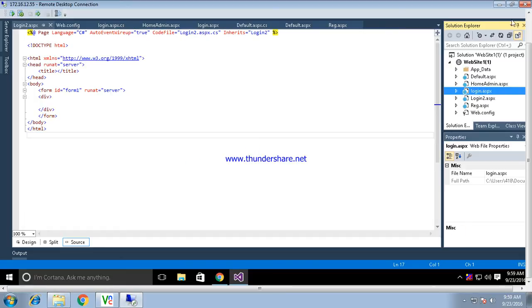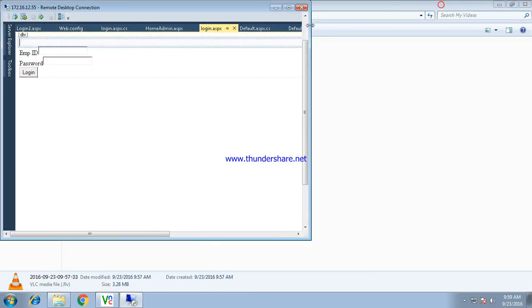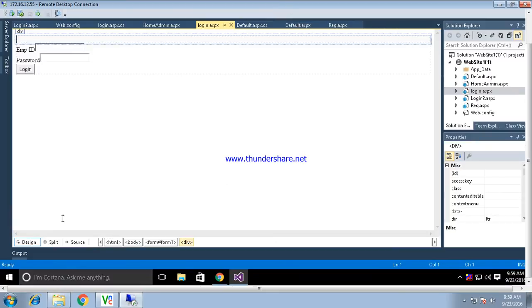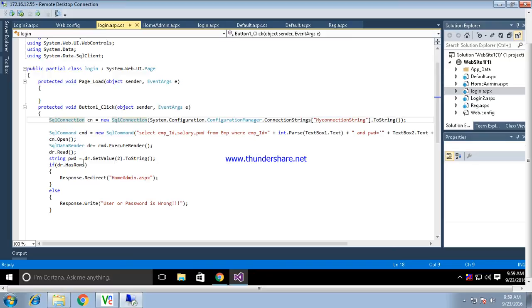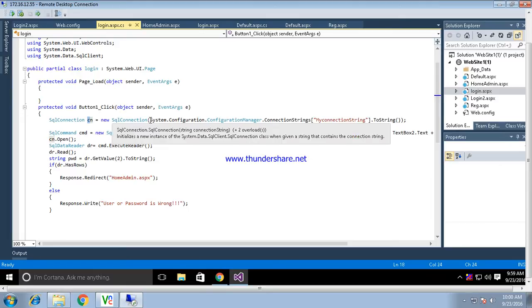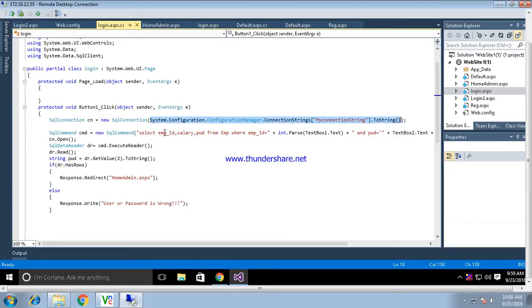Last time we have seen the coding of our disconnected architecture. Please, I am just going to revise it with you. The very first thing you have to do is create an object of the connection class, and in the connection class object you have to use the constructor that will accept one parameter.